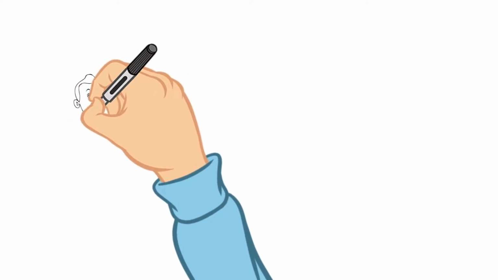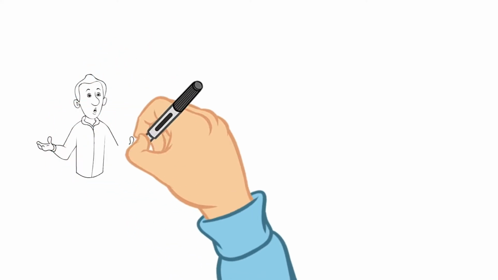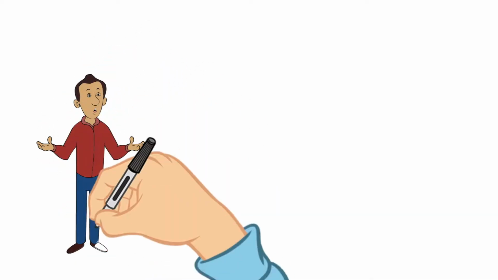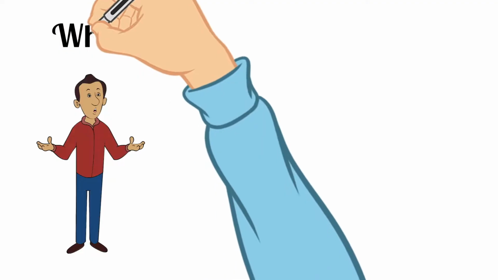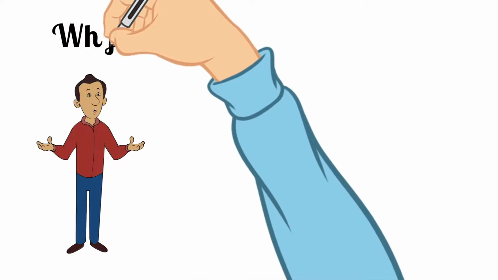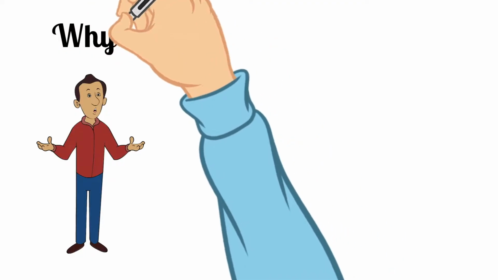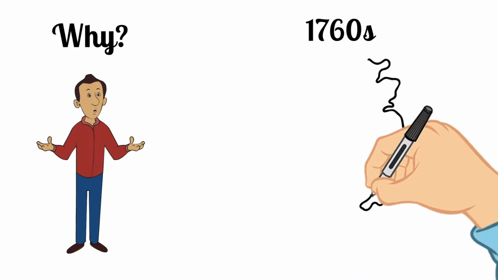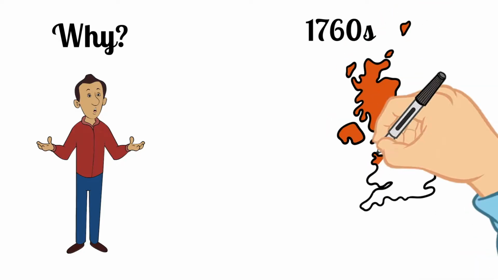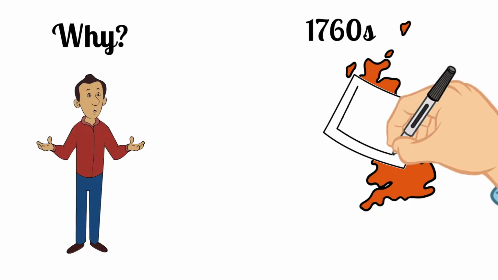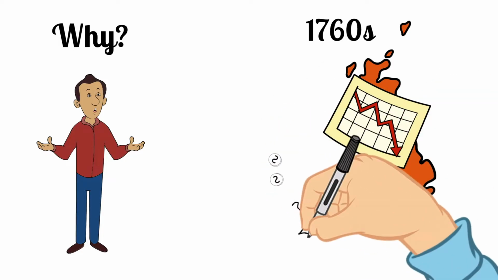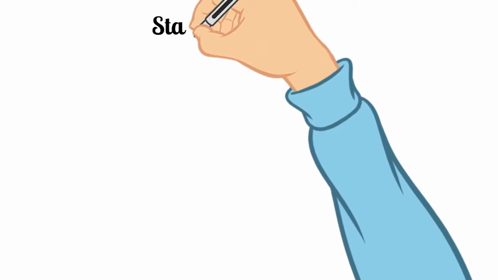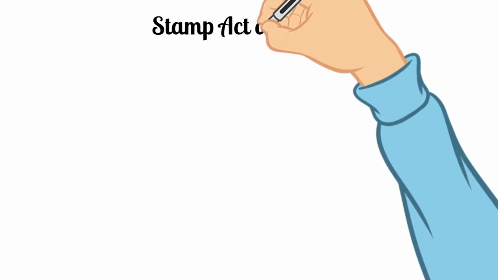So before we jump into the Boston Tea Party, we kind of need to set the stage and understand what was happening at this period of time to be able to understand why the Boston Tea Party happened. In the 1760s, Britain was in a great deal of debt, and due to this, had imposed several different types of taxes to make up for this deficit. One of those was the Stamp Act of